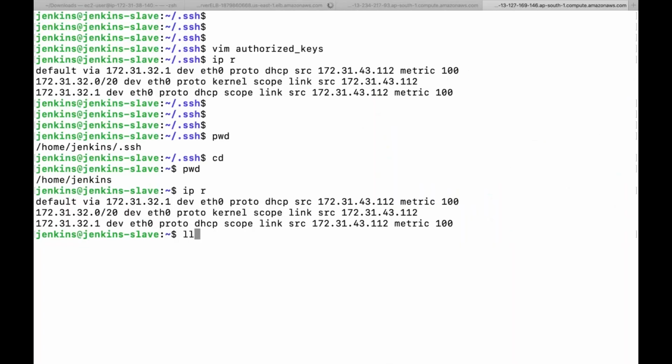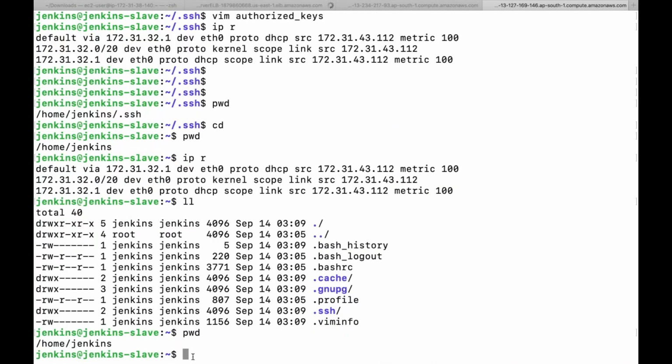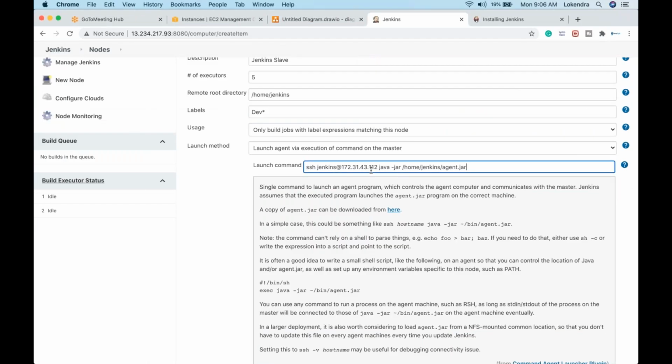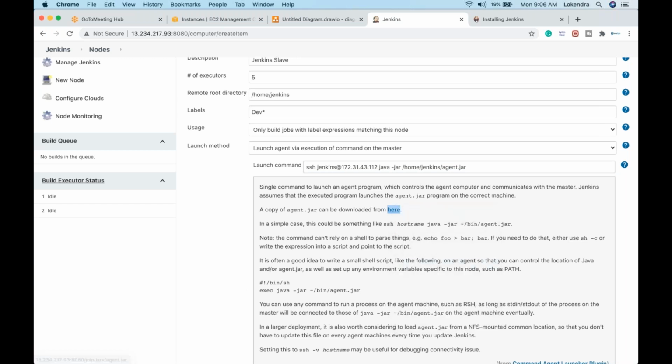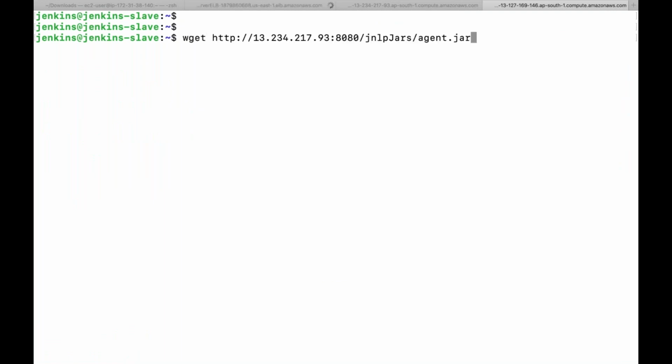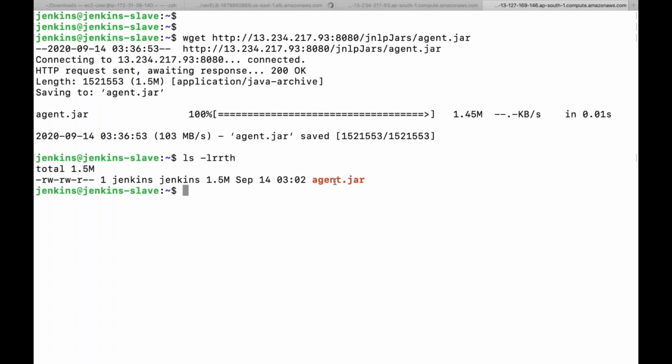Let me show you that there is no jar file available, if we do a pwd in /home/Jenkins, and this server will be looking for a jar file there with the name agent.jar. So I'll copy this, a copy of agent.jar file can be downloaded here. I'll copy the link address, go to my Jenkins slave, and run the command wget. I'll hit enter, and obviously that agent file is available here now. Okay, right? So agent.jar is available right now.